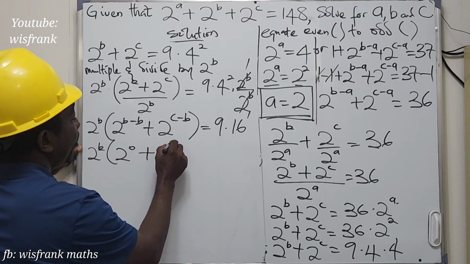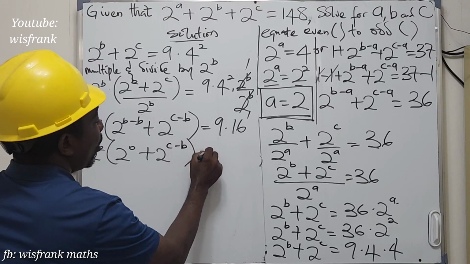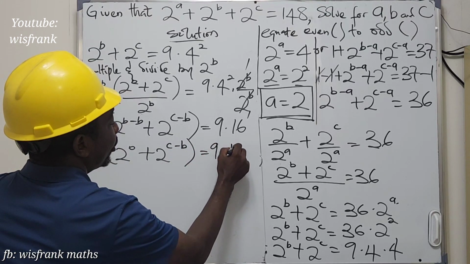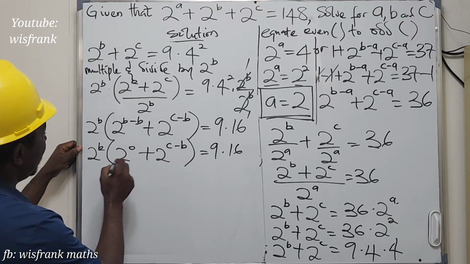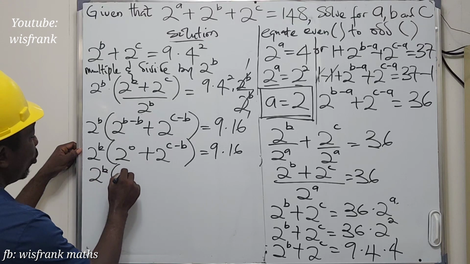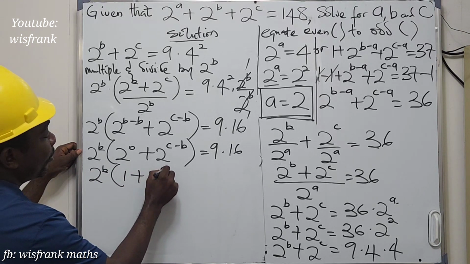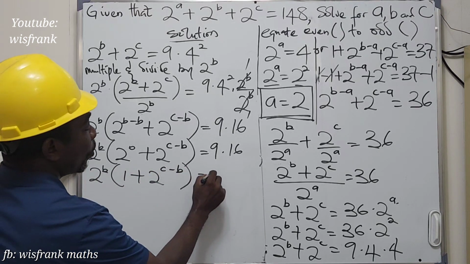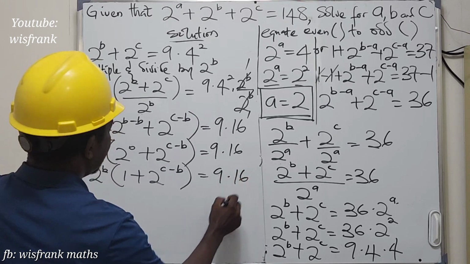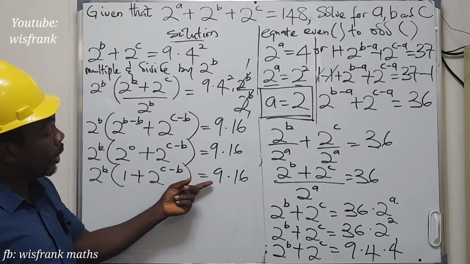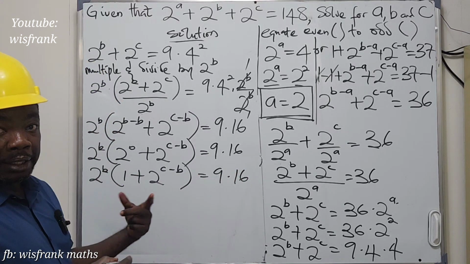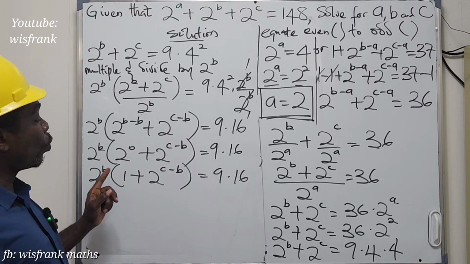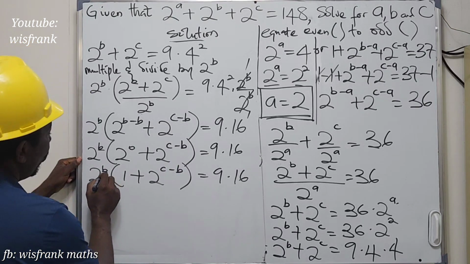Then plus 2 to the power of c minus b all equals 9 plus 9 times 16. So this is the same thing as 2 to the power of b into 1 plus 2 to the power of c minus b, all equals 9 times 16. So if we let b equal 2, when we put 2 here,